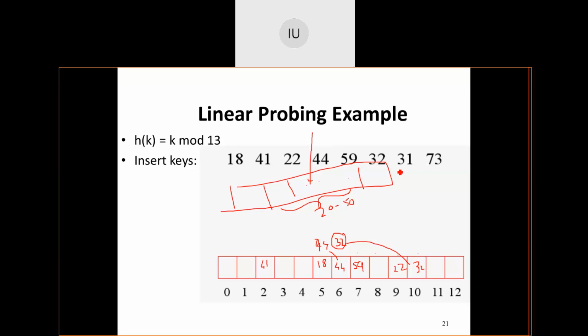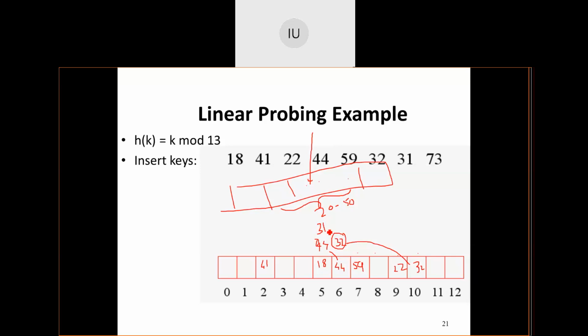Now there is 31, suppose. Okay, element 31. Where does this 31 map to? 31 mod 13. 5 it is. So 31 comes to 5. Now I'll do plus 1 square. Can it be accommodated?